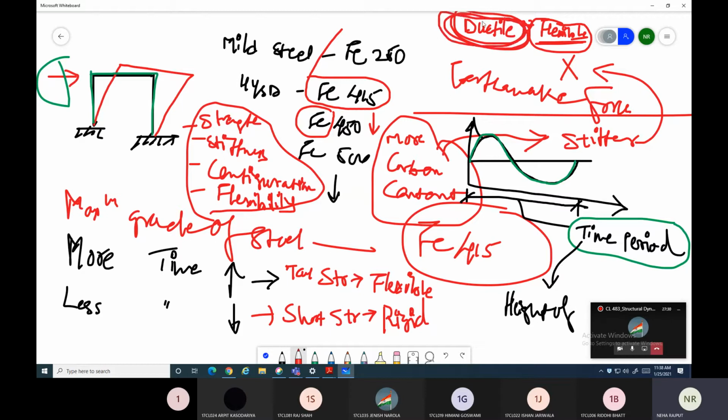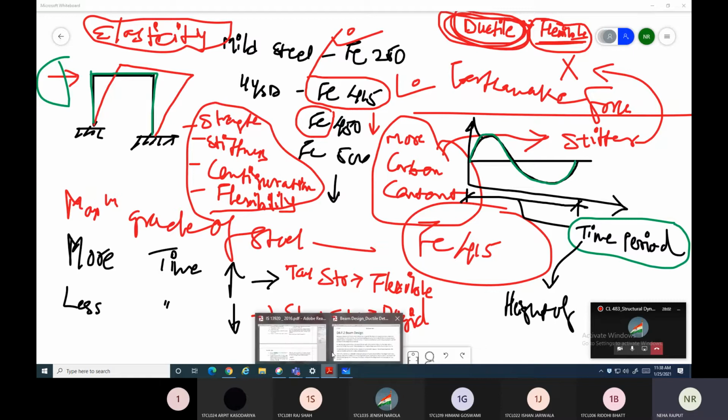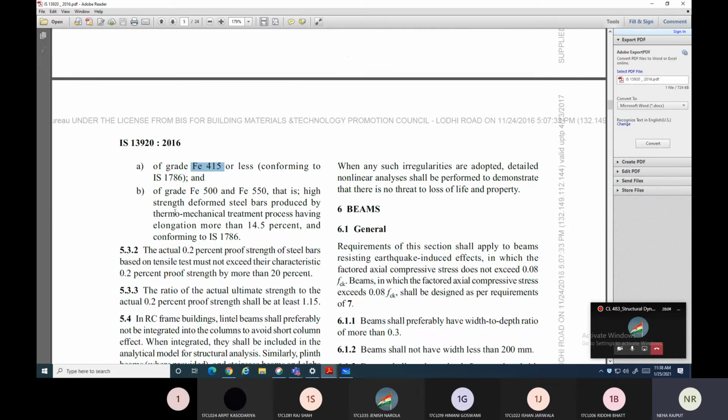Ductility कम होगी उसके अंदर, क्यों? Because that will give a more stiffened structure but not a ductile one. हमें ductile structure चाहिए. Why ductile? Because ductile will have the beauty of elasticity. So we need to make our structure more elastic, और वो more elasticity के लिए the maximum grade of steel is 415. Minimum you can use, I mean you can use Fe250 also, but not more than Fe415. So that is given over here.